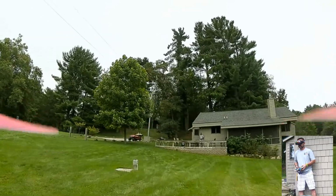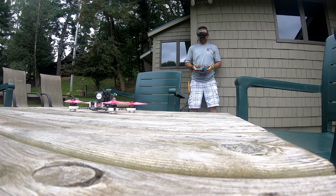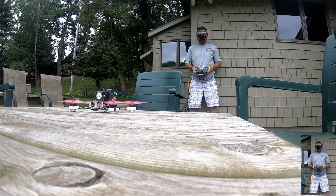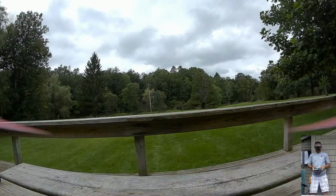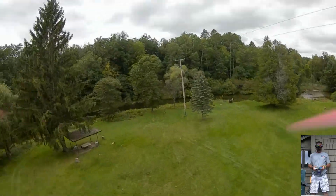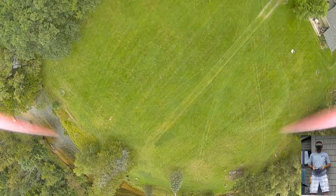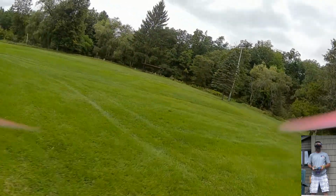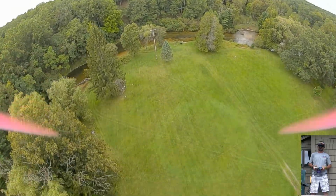Okay, now we're going to land it and go for test number 2, to see if it does okay with the 4S. I'm already noticing I'm at 16.6 on my OSD. Yeah, I don't get that high, like it was doing before. But it's still...